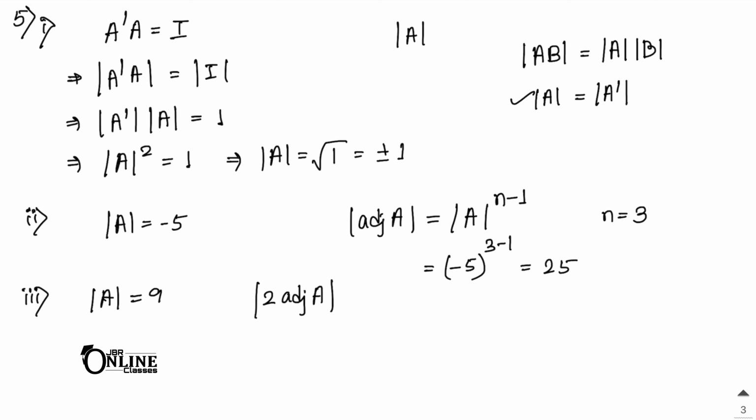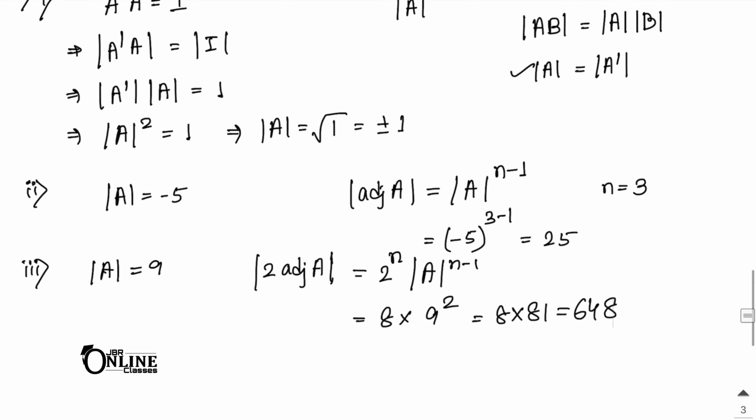In third one, here det A equals 9. Okay, and here A is a square matrix of order 3. Then you have to find det 2 adjoint A. Now in that case, the formula will be: if here 2 adjoint A, then write down 2 to the power n and then det A to the power n minus 1. Okay, so as here 2, that's why 2 to the power n. If 3, it will be 3 to the power n. If k, it will be k to the power n. So 2 to the power n means 2 to the power 3, that means 8, and here 9 to the power 2, because 3 minus 1 is 2, so 8 into 81, that is here 648 is your answer.